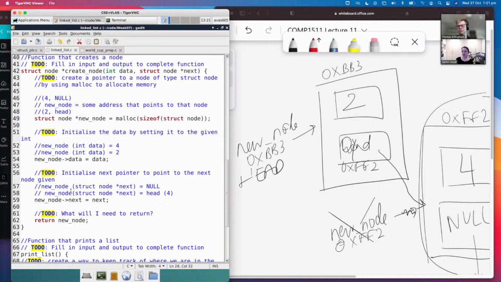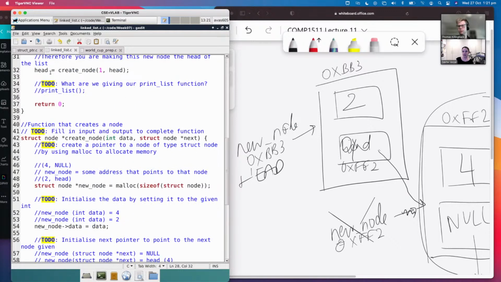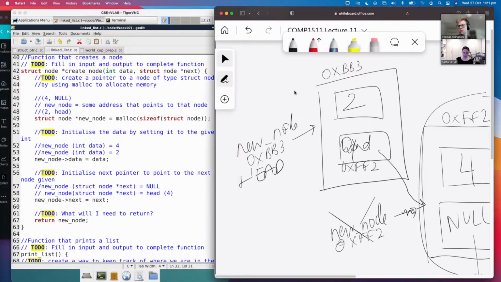Okay, and then we have our last one that I've sent to it. I've said to it, okay, can you please create a node? And I'm going to give you data is 1, and the head is going to be my next. Okay, so I'm going to have to zoom out because I've drawn so big. No, I'm just going to go here. Okay, so I'm going to create